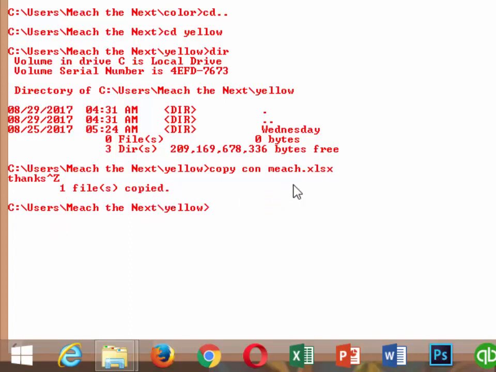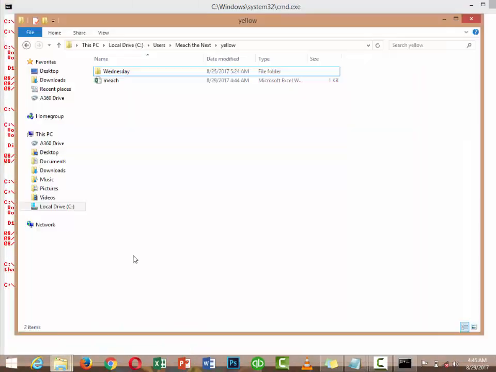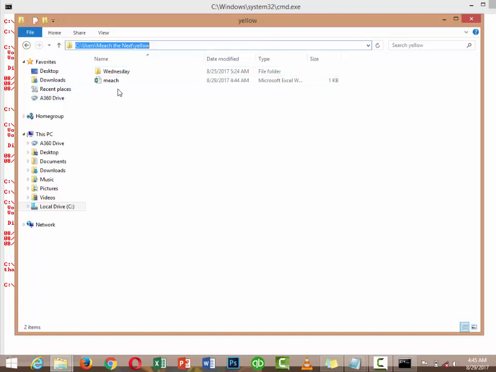So it means when I try to open this mesh.xlsx file, I'm going to see a word in this mesh.xlsx file called things. It might open at times. Remember that it might open at times. So now here is the mesh